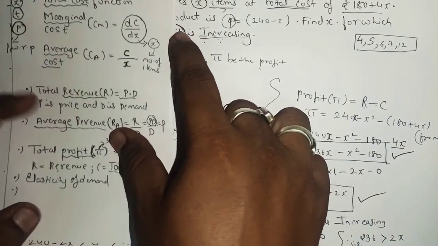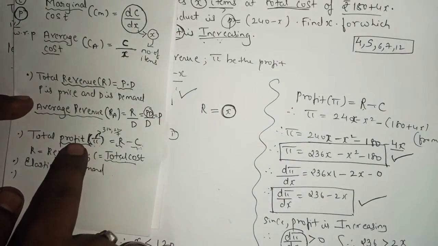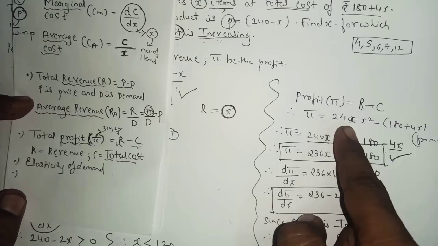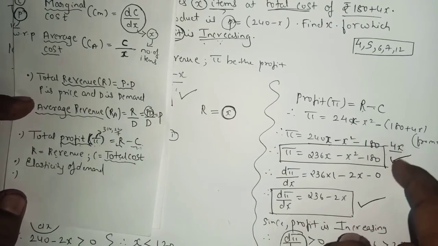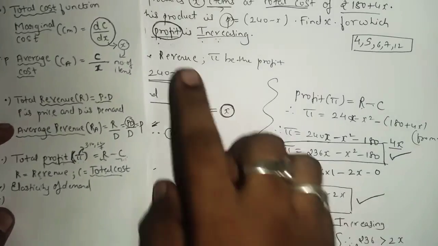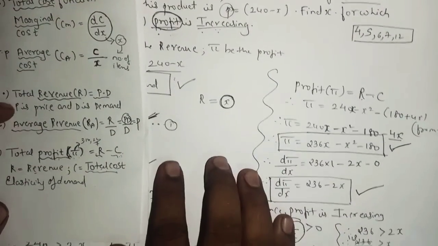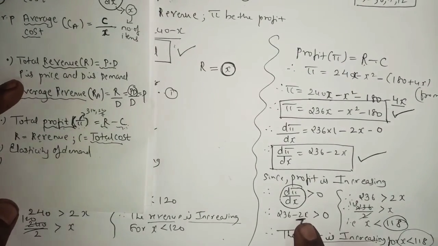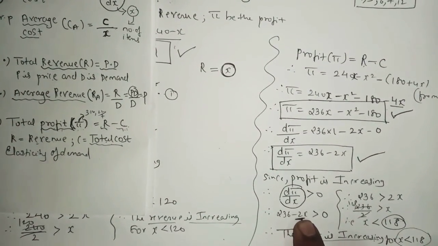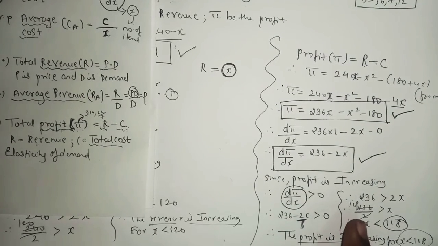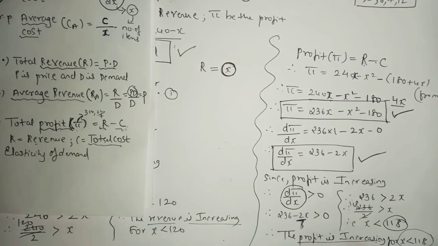Before that, as we know, for this exercise we have one formula to find the profit. So I wrote the formula; substitute the values and you will get the exact answer of profit first, and after that you will find the derivative. As it says that profit is increasing, that means the first order derivative answer will be greater than 0. And whatever the answer you have to find, whatever the alphabet you have to find, first make the symbol positive and then find the answer to get the perfect answer.